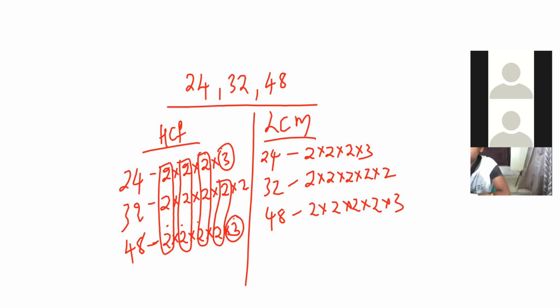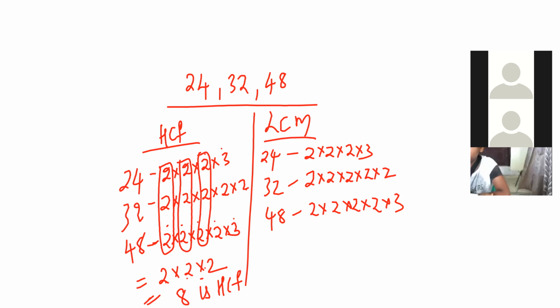Sorry, I'm explaining, actually here I'm doing the HCF, right? First let me complete the HCF, afterwards I'll go to LCM. To find the HCF of 24, 32 and 48, we just have to multiply the common factors. What are those? 2 into 2 into 2. 2 twos are 4, 4 twos are 8. 8 is the HCF of what? 24, 32 and 48. Only the factors common to all three numbers you have to select.